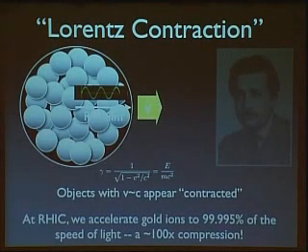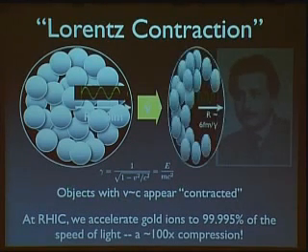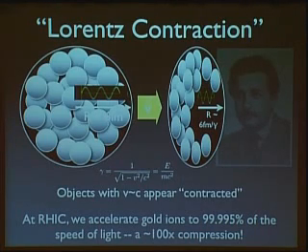The collisions are really occurring very, very near the speed of light. And an interesting thing occurs when an object gets accelerated near the speed of light. Einstein, in fact, taught us in 1905 that if you take any object, so now here's a gold nucleus, which has a radius of about 6 femtometers, and if you accelerate it at a particular velocity, you can construct this quantity called gamma, which is the Lorentz gamma factor, and actually, to any observer, the object looks compressed along its